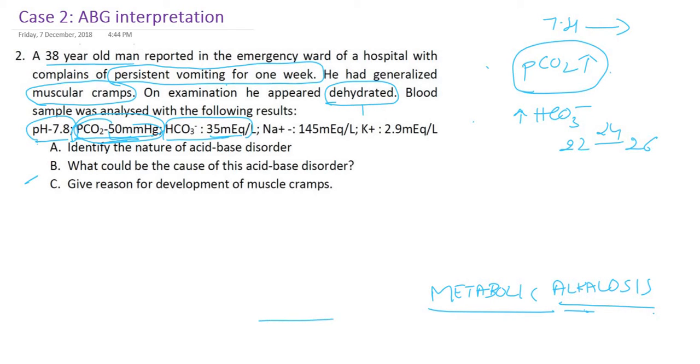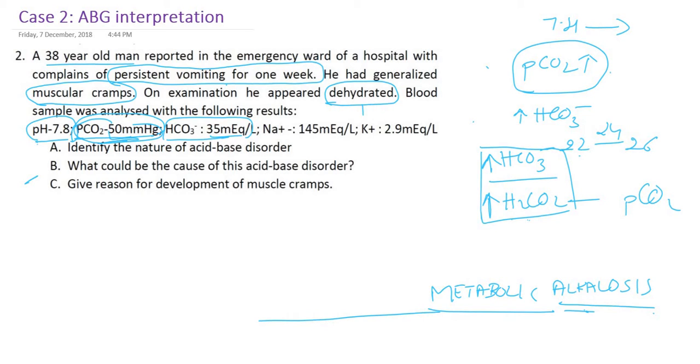Now I have to fill in whether it is uncompensated, partially compensated or fully compensated. Let me draw our favorite buffer, bicarbonate over carbonic acid. In this scenario, the numerator is increased, metabolic alkalosis. We have to see the denominator for compensation. For compensation, the denominator has to be increased. What is the component of carbonic acid? It is nothing but PCO2. We go back and see PCO2. What is PCO2 here? 50 millimeter of mercury. What is normal? 35 to 45.